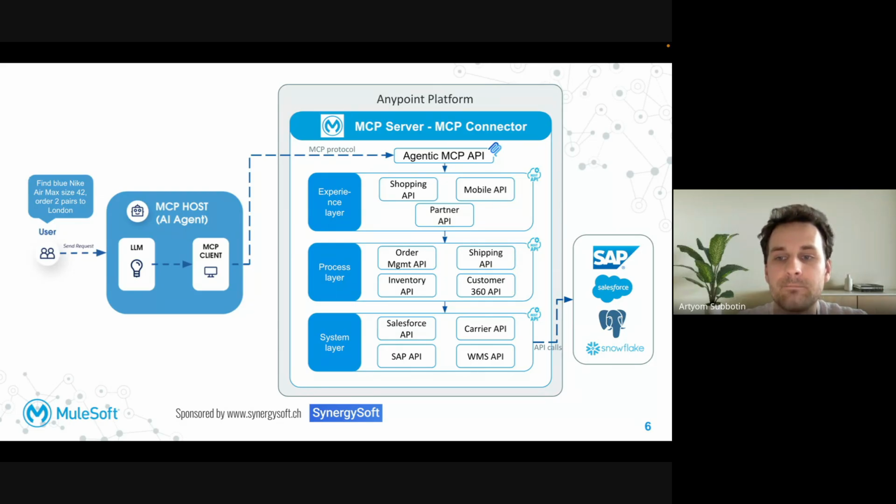So there is no existing checkout flow to adopt, no legacy implementation which we can wrap. The customer interacts with the assistant and types the request in natural language. You can see this request on the left side. They just want to order these two pairs to a specific place without any additional steps.